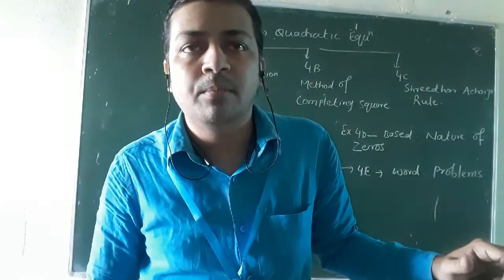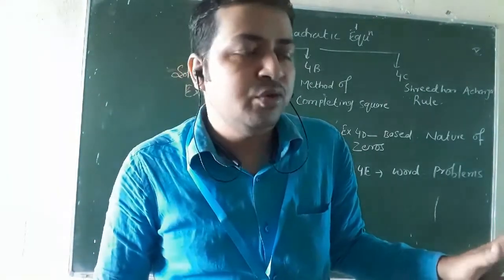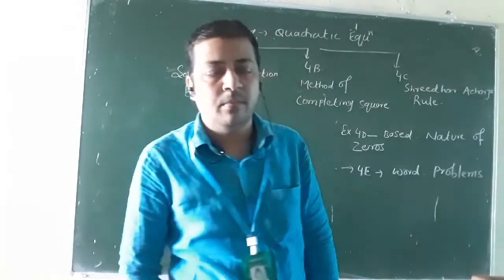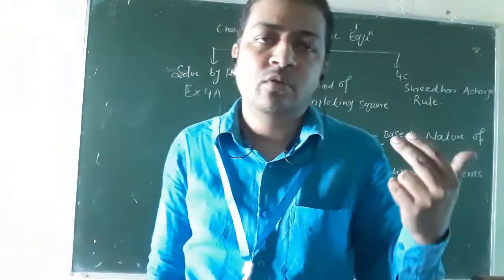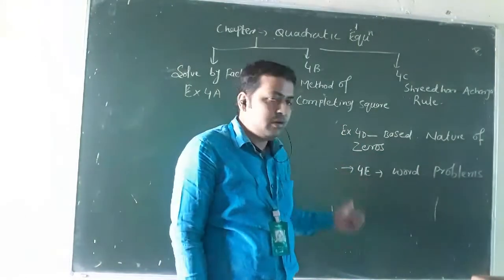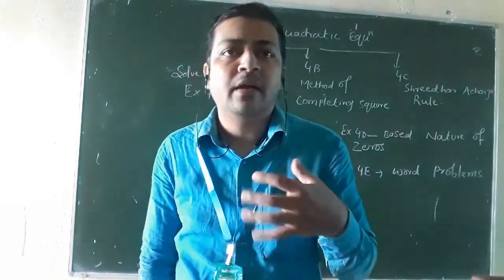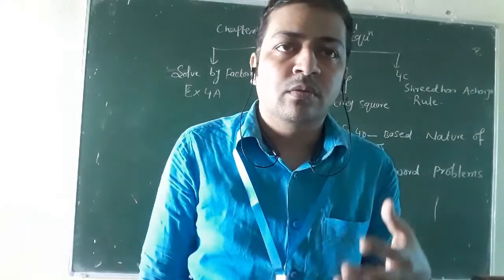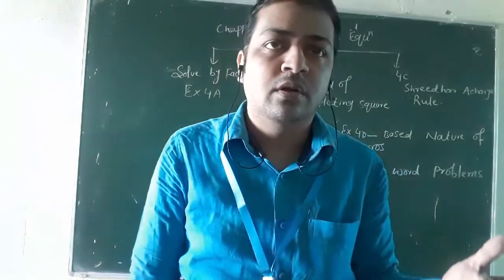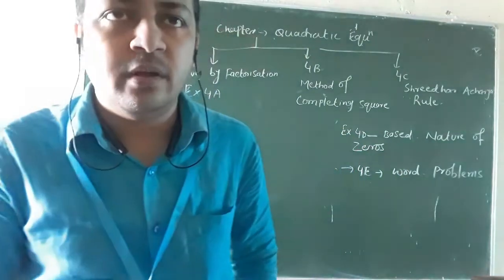Method will not be given in the examination, it is up to you which method you will choose, that is totally up to you. Some question may be related to nature of the zero, and one question will be that word problem. There are two word problems: one you will see on the linear equation of two variables, and the second one is the quadratic equation. But in the examination there will be one word problem, and it is up to you which method you will solve with. Either you can go for the linear equation of two variables or you can switch over to the quadratic equation. दोनों से बन जाएंगे, quadratic equation से भी बन जाएगा, linear equation of two variable से भी बन जाएगा.